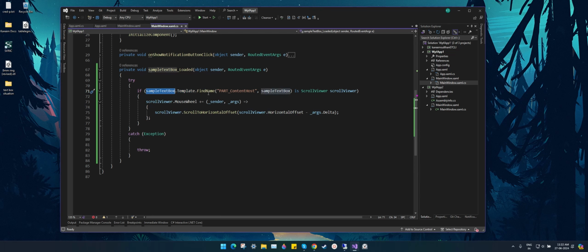And the FindName function accepts two parameters. One is a string argument, that is the name of the resource that we are looking for, and one is the object on which the template has been applied to. Once we find the object, we have to cast the object to the ScrollViewer type, and then after we successfully cast the object to the ScrollViewer type,